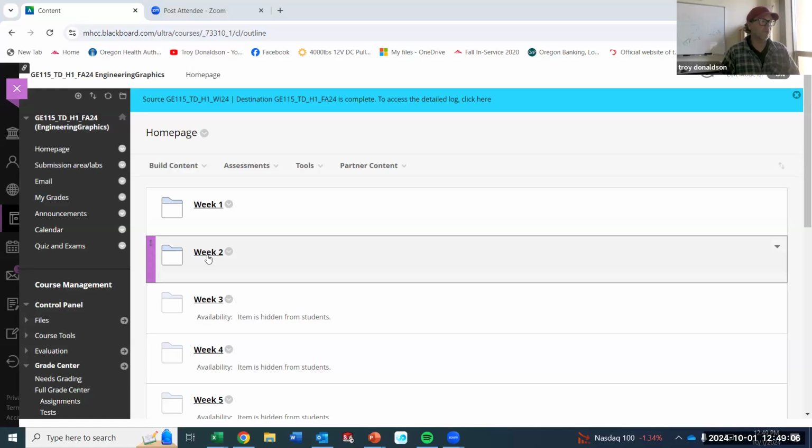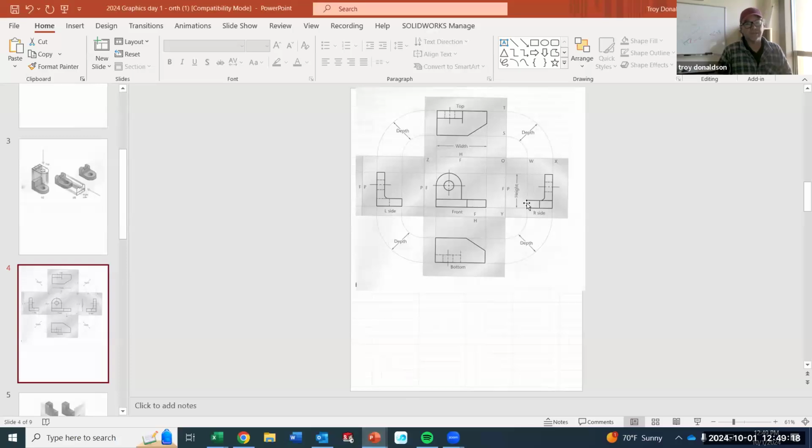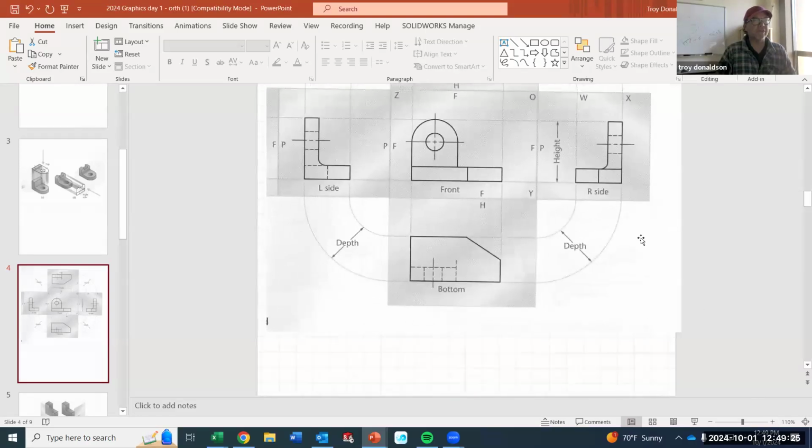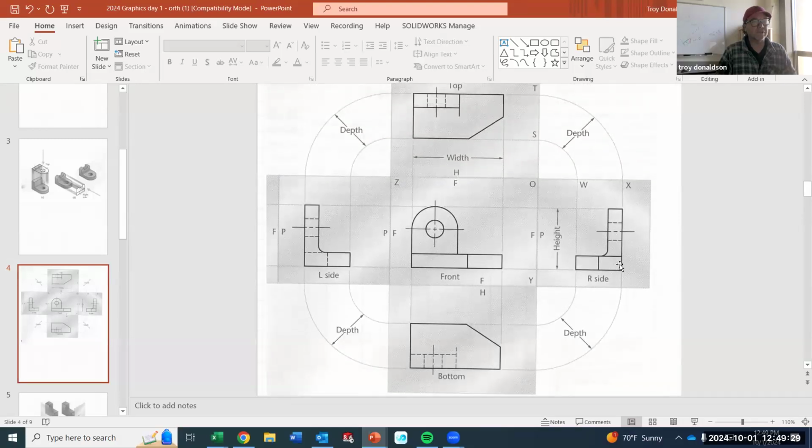The assignment for the week, and kind of a little more about orthographic projection and dimensioning. So I'll wait for the assignment. Let's do this part. I think everyone was kind of understanding the glass box, but I want to review it, because the views that we are thinking about are the front, the right side, and the top, okay?